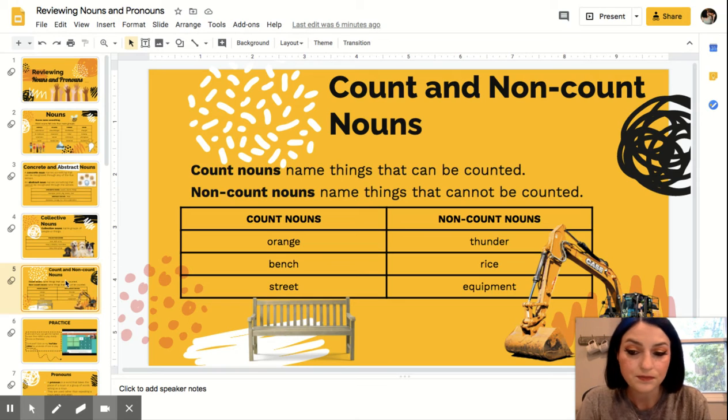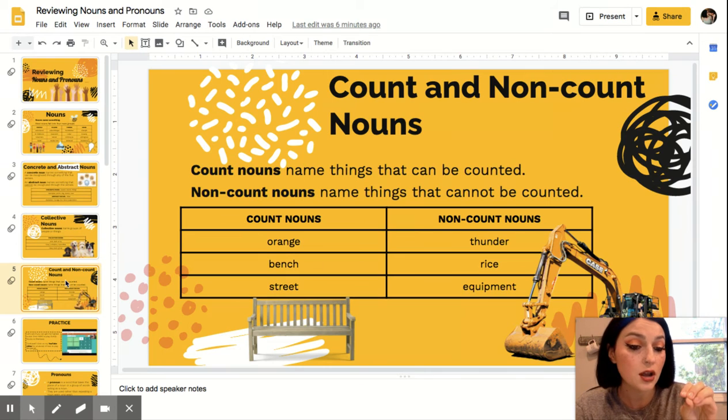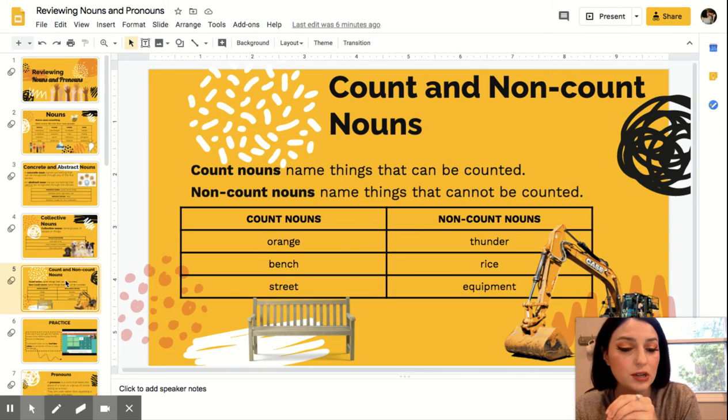It's also going to ask you in your practice if it's a noun or an adjective. So just keep in the back of your mind that an adjective describes a noun. So a noun could be barn, the red barn. Red is going to be an adjective. It's something that describes. So it could be a color, a size, really anything that's used to describe.